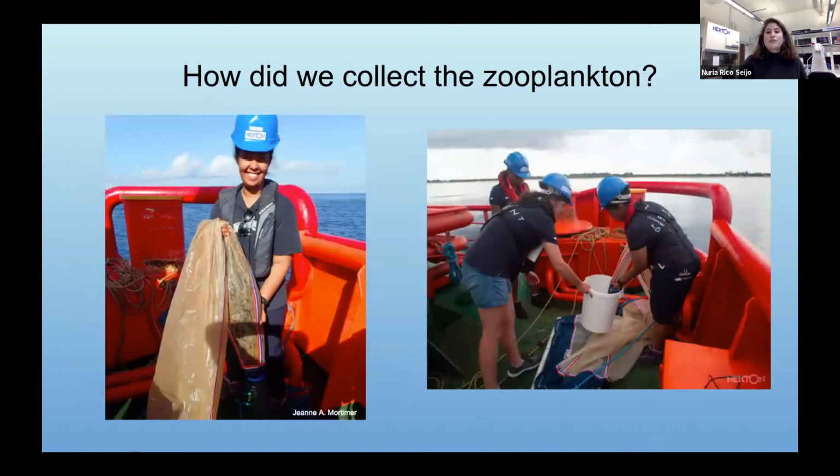Then afterwards, we take care of the cod end, which is the end part of the net. Everything that has gone through the net ends up in the cod end. So we need to be really careful since we have there everything that our goodness in a way.